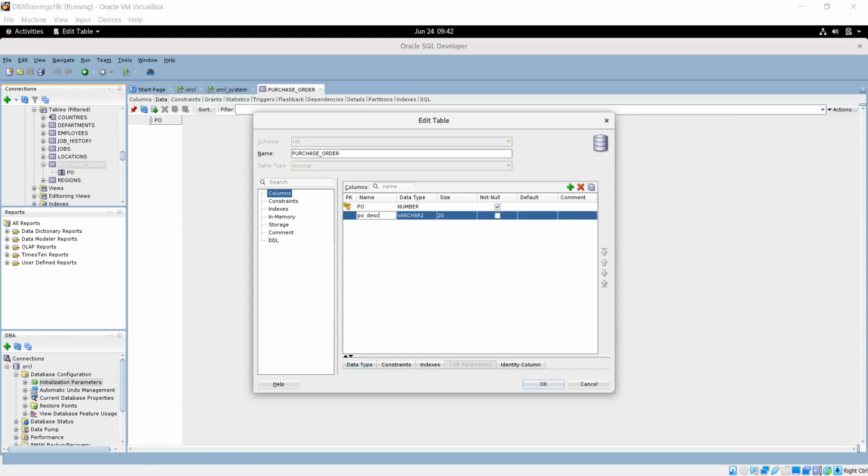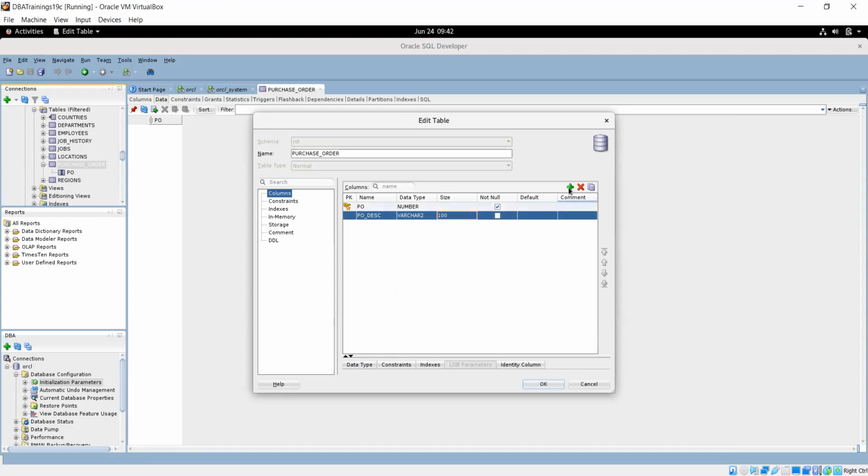Similarly, you can give data type, size, and description. So let me give this some more size. Let me give 100.